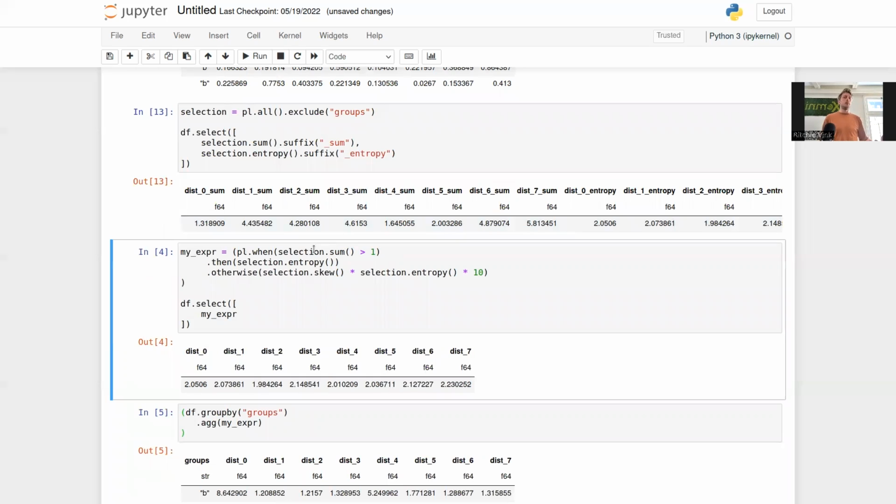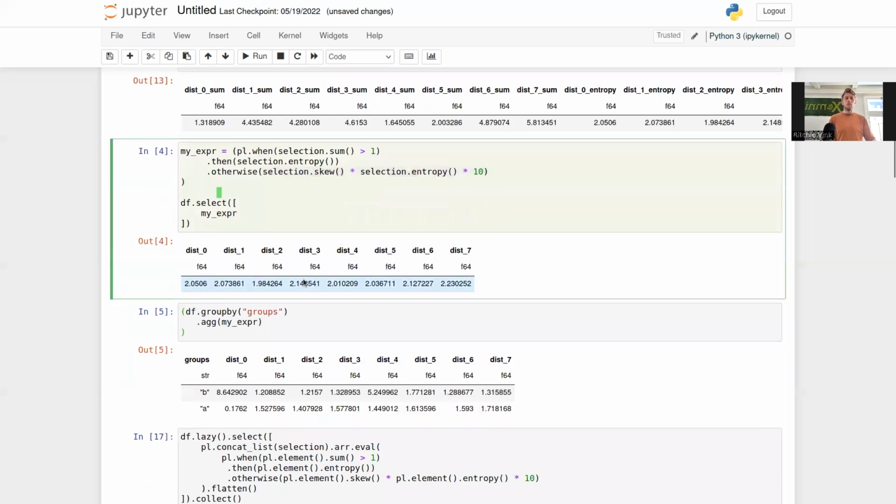We can also complicate these expressions. So let's say our business domain says we need to compute the sum of the selection. Oh no, when the sum is bigger than 1, we want the entropy, and otherwise we want some other complicated expression. We want to compute the skew times the entropy times 10. Some weird business logic. Expressing this is fairly easy with a when-then-otherwise expression, and we can run this